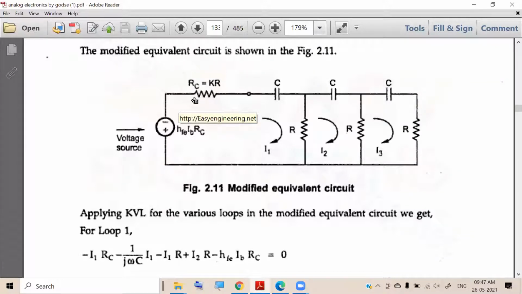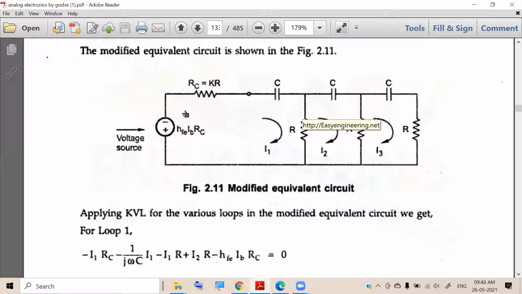Let us start from here. I said we will consider the leaving terminal. So plus, minus, again plus here, minus here, again plus here, minus here. In the direction of the current, flowing from plus to minus. That is how we have to consider. We have to consider current flowing from plus to minus. So plus here, minus here, plus here, minus here, plus here, minus here. Now we will take the KVL equation in the direction of the I1.